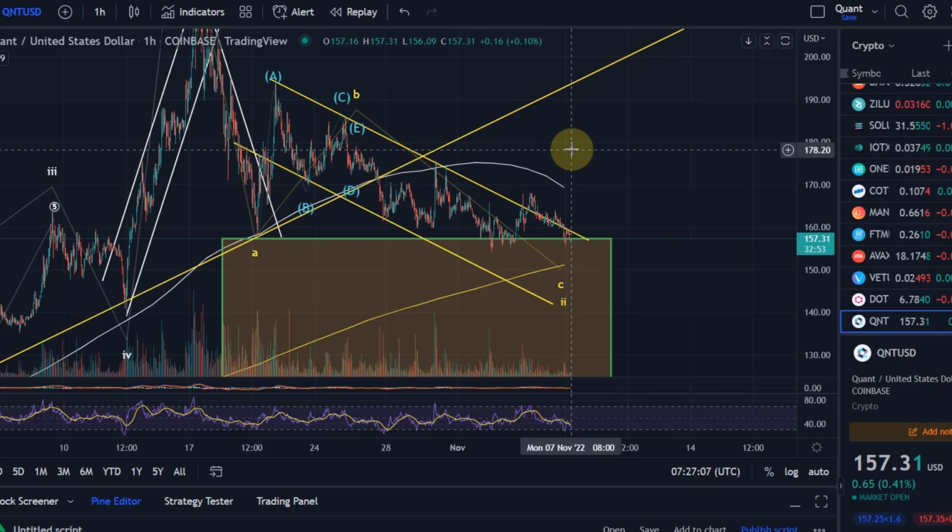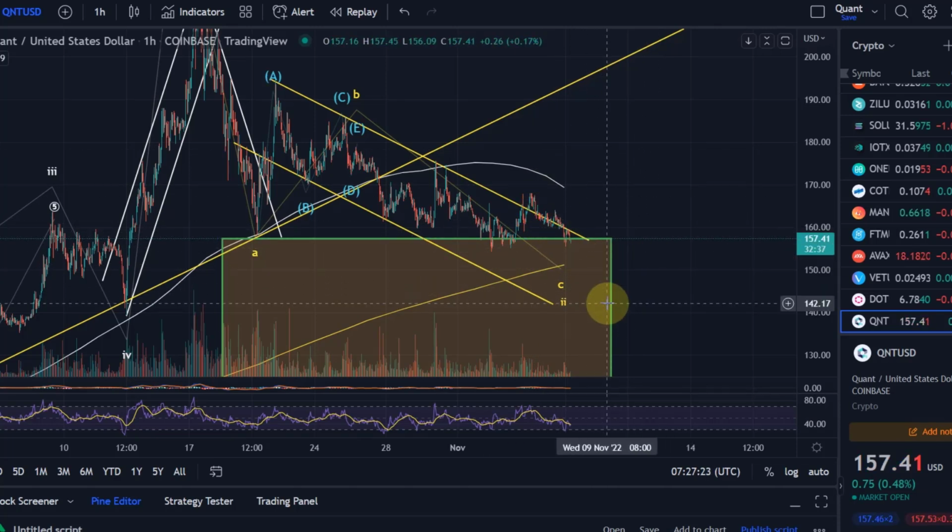It's still caught in this channel, or maybe even descending triangle, which is, again, let's call it a bearish pattern. So at the moment, I would just go with, we're following the trend, right? And the trend is currently down. But as you can see here on the screen, where I've got the mouse, this is really the key decision point at the moment. This is an absolute key decision point, because in the end, it's all about, do we now break to the upside and complete this larger wave 2 correction in which we are, which consists of an ABC pattern, or do we carry on to the downside? And this is in the current stage impossible to forecast.